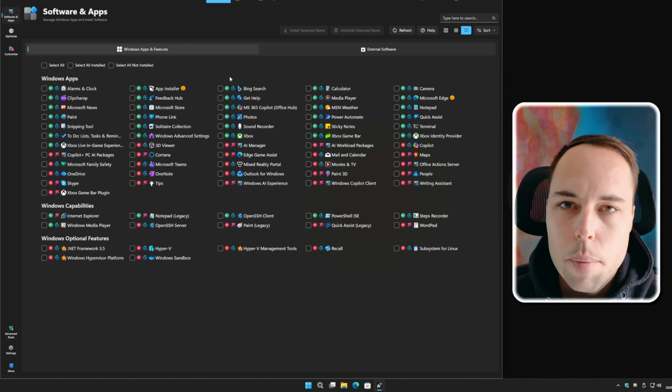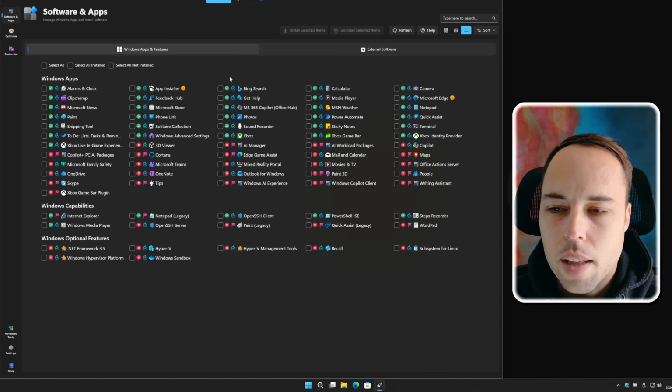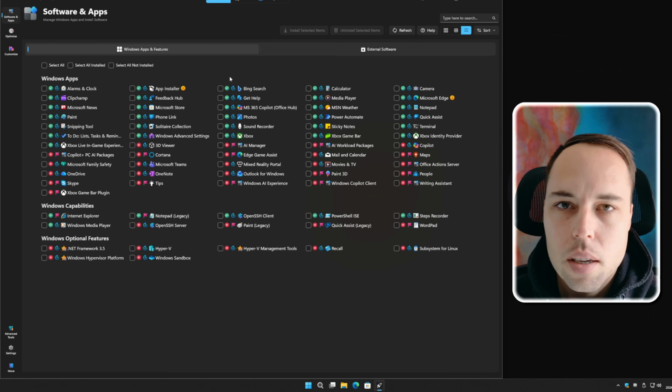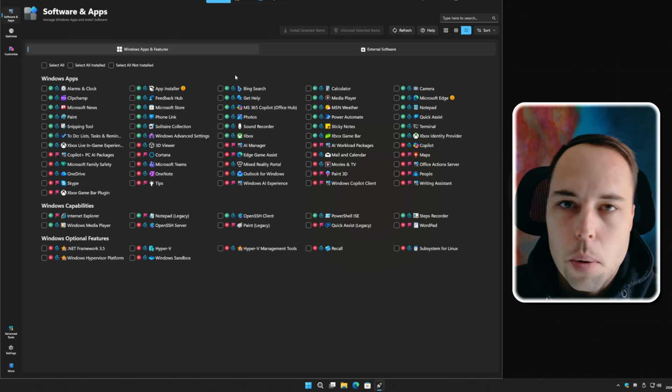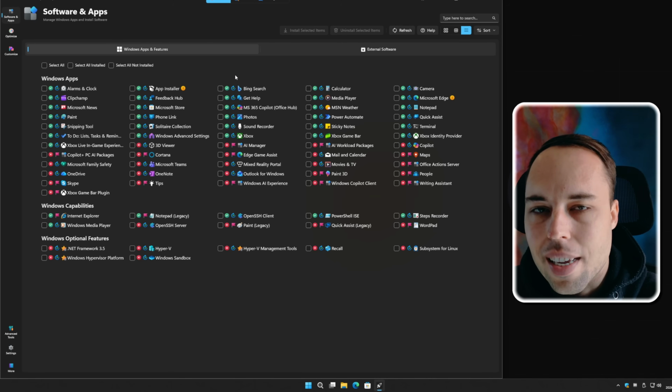Now, if I switch over to the compact view, I've also changed the status icons in this update. The previous change I made to the status icons, I just didn't like them, and someone also reported that it's hard to see whether an app is actually installed or not. So these icons are now all Fluent UI icons by Microsoft, and it's the color variants.